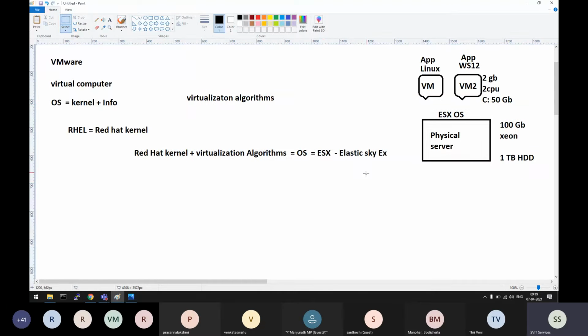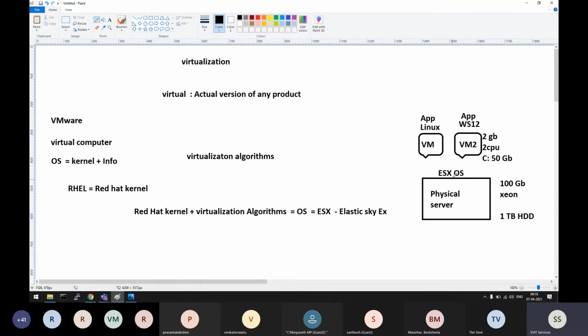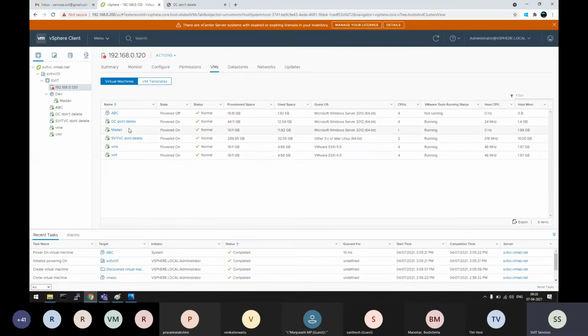Fine, understood. And we don't need to worry about how they have developed these algorithms, what it includes. You don't need to write any algorithms, nothing like that. Okay. They have already developed this product and if you know how to manage it is more than enough. Until now, if you see, our responsibility is to install this ESX OS on the physical server, create a virtual computer, power on this computer, power off this computer. For some reason, if RAM is not enough, how to increase, disk is full, how to increase, this kind of task. And those tasks are GUI. In the sense, with mouse only we manage this interface. Every day we will be working with this interface only.